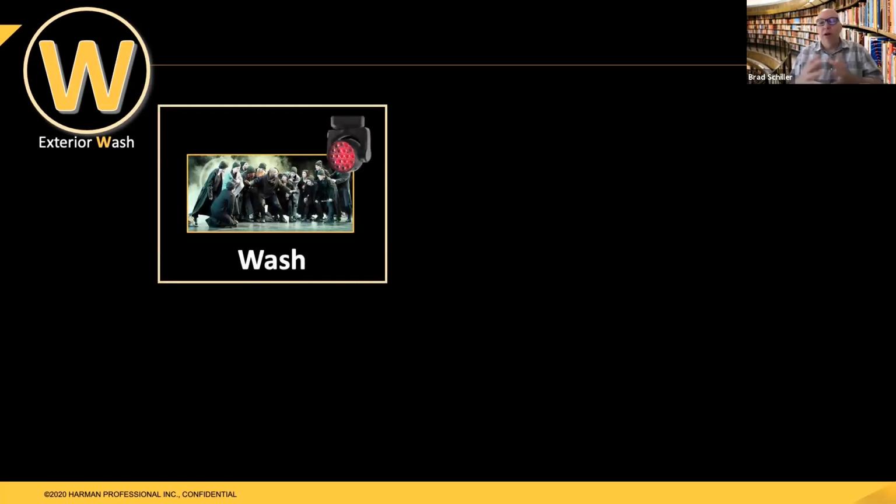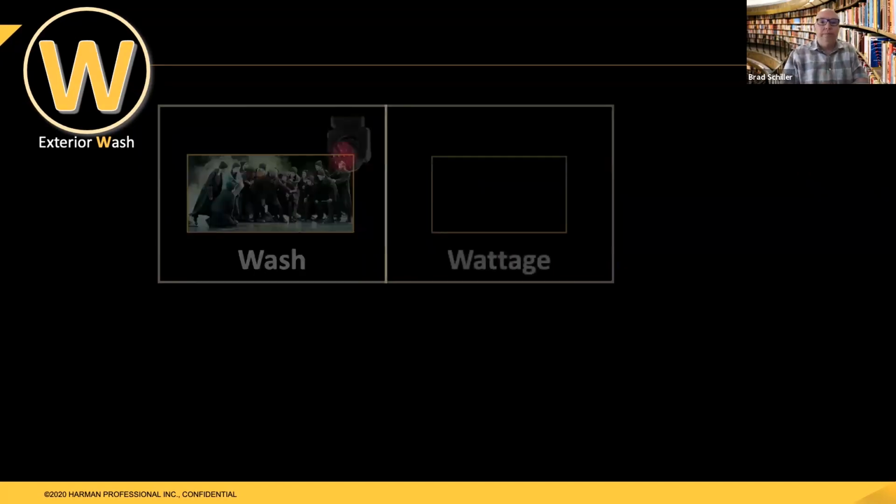So wash, two different terms for wash. A wash is a broad coverage of light over a stage or acting area. So a wash could just be a broad coverage to illuminate an area. You might say, I need a wash because there's going to be 100 people on stage. Typically, it's also a soft focus, not a hard edge. It's also a specific type of fixture that produces that soft focus. So you might have a wash light. There are many different types of wash lights from many different manufacturers that provide that soft, wide output. Sometimes they can also be adjusted in shape by shutters or barn doors, or even optically in different methods.